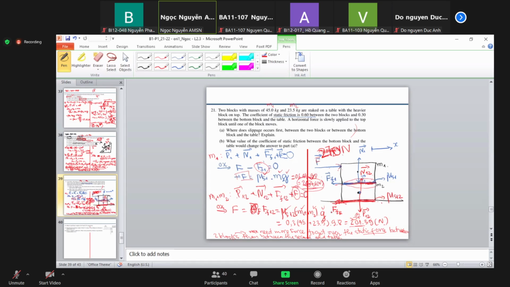Okay. In part B, they ask what value of coefficient of static friction between the bottom block and the table would change the answer in part A. So in part A, the slippage between the bottom block and the table occurs